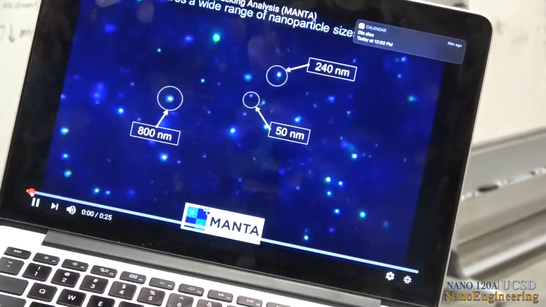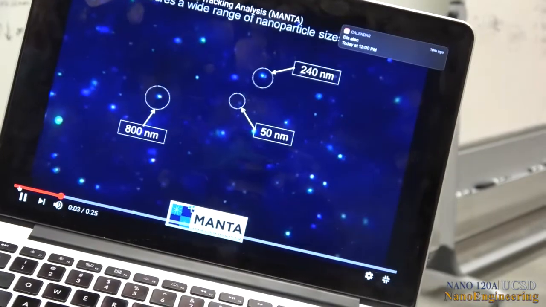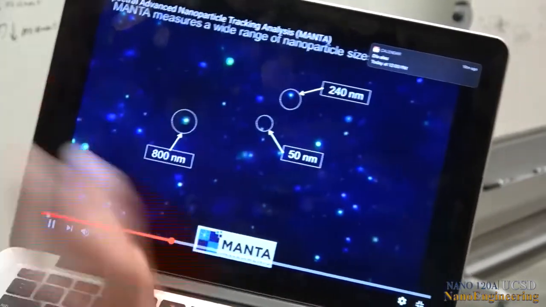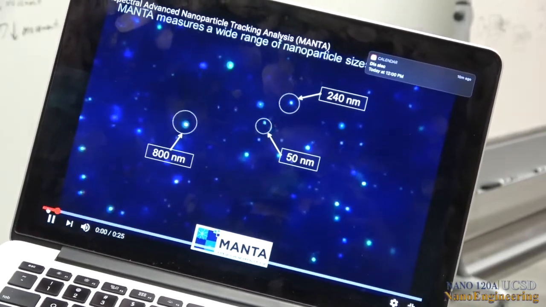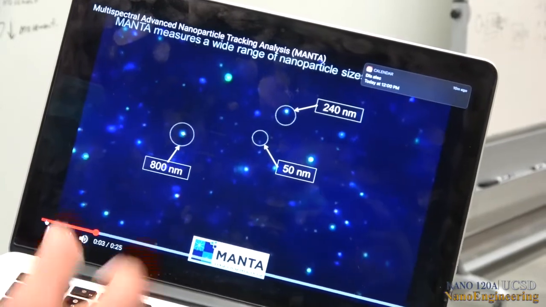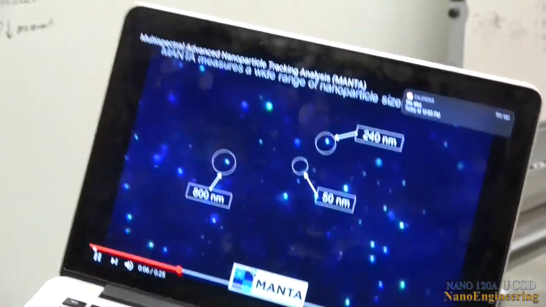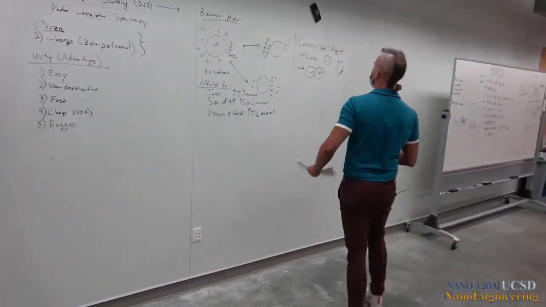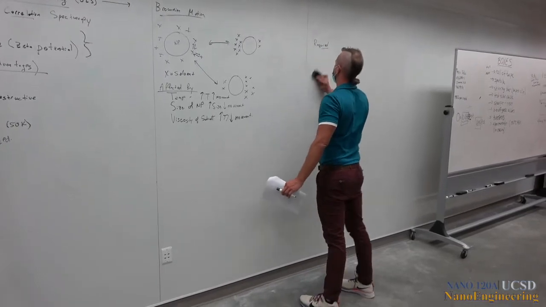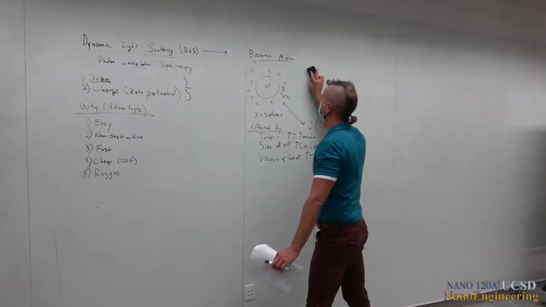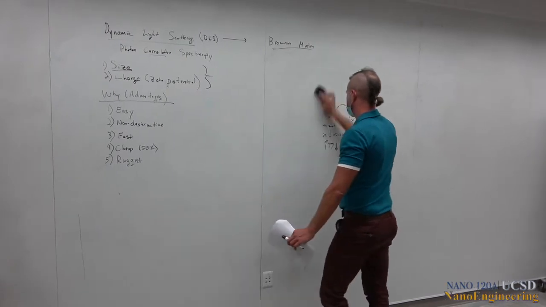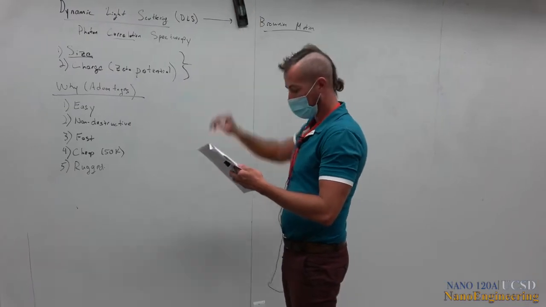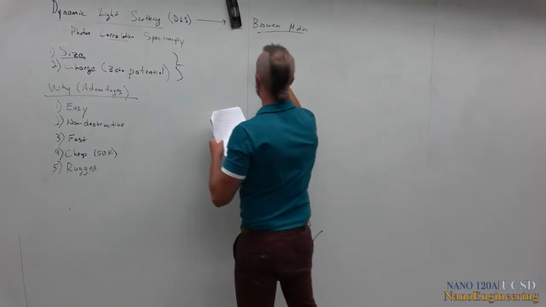So we actually have this instrument down in the basement. And it's a whole other story, but I think this really nicely illustrates some of the principles that we're using in dynamic light scattering. Again, this is Brownian motion. Okay? Okay, so more specifically, we can discuss this as